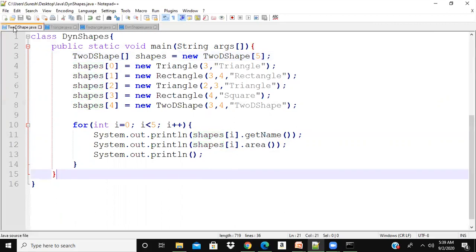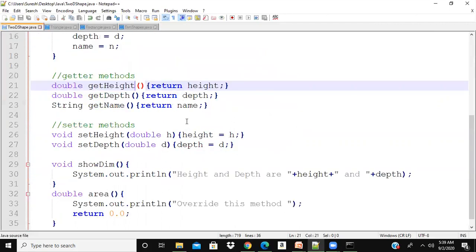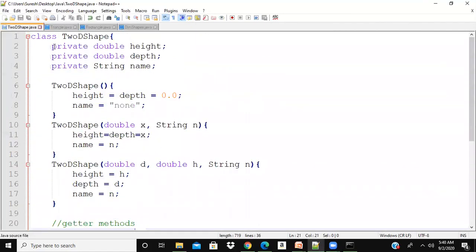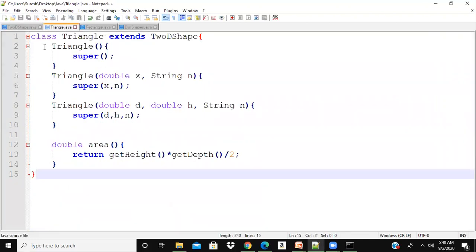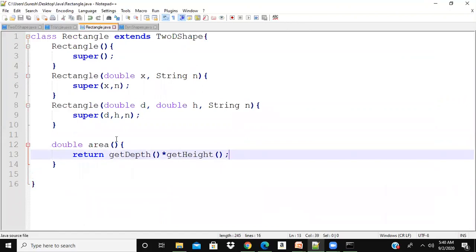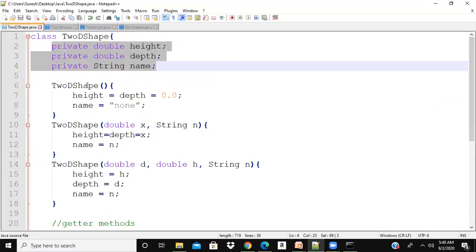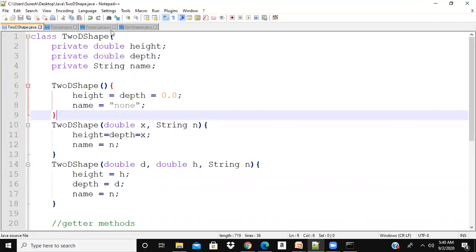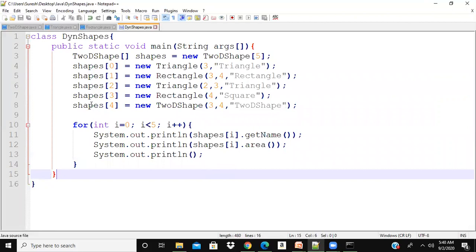Okay, so here we are looking at different things. What are getter methods, what are setter methods, how to use private variables. We said that private variables won't be inherited into the child class. In the Triangle, I cannot inherit those variables directly, but I can access them using the getter methods here. That is how I have access to them. In the Rectangle class also, we are using getter methods to find the area which were defined in the parent class.